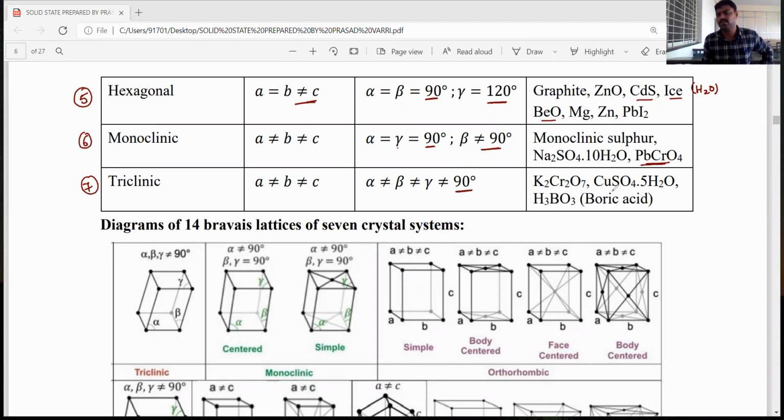Examples: potassium dichromate and copper sulfate. Okay, so triclinic crystal system is very important. Once you observe that among these 7 types of crystal systems, cubic is more symmetric, more symmetric crystal system, and triclinic is